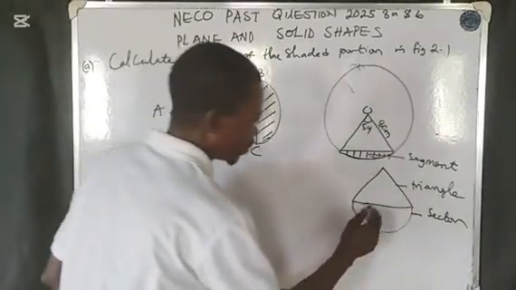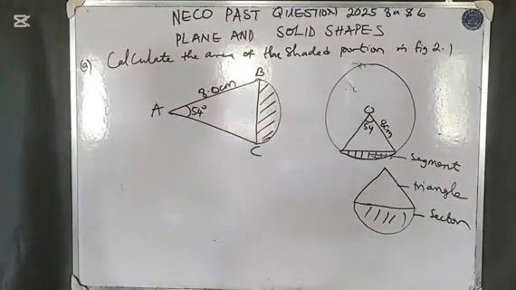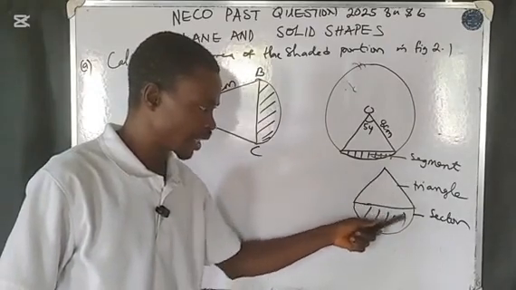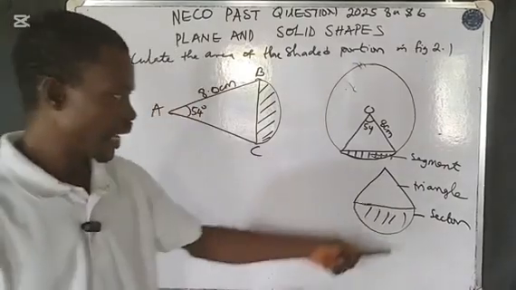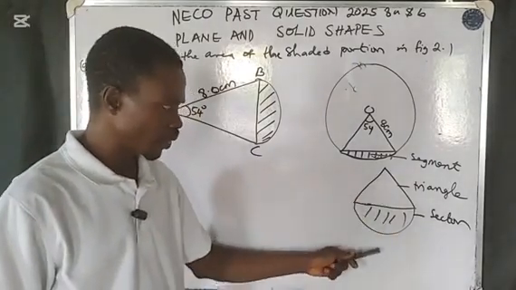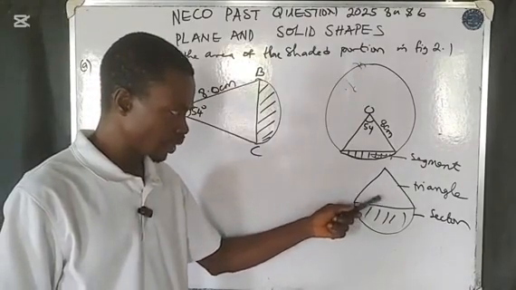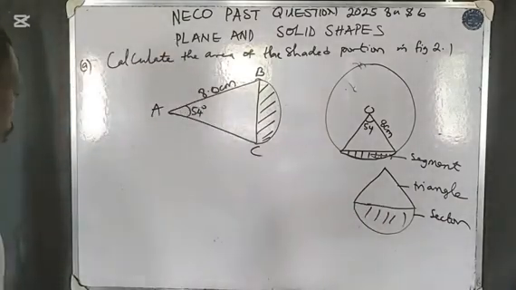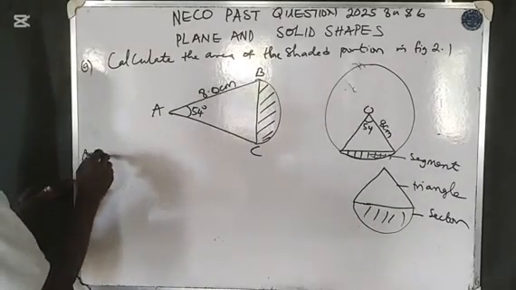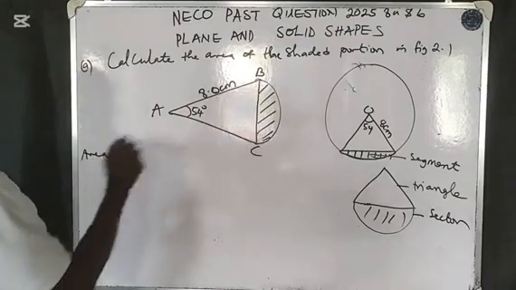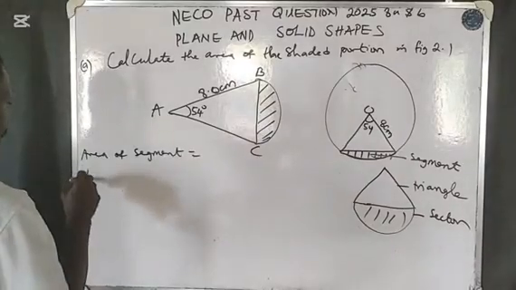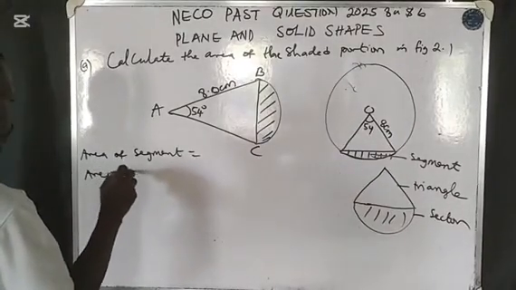So to find the area of this place, that is what they are asking us. All we do is area of a sector minus the area of this triangle, which gives us the area of this place. The area of the bigger part, which is the whole sector, remove the area of the smaller part, which is the triangle, gives us the area of this portion. So we say area of segment, area of shaded portion, is equal to area of sector